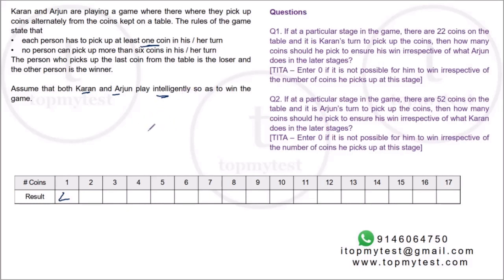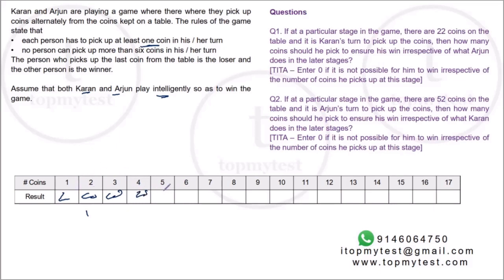Now let's see what happens if there are 2 coins on the table. I'm playing intelligently, so I'll pick one coin and put my opponent on 1. He will have the same tantrums that I was showing, but he will pick that coin and he will lose, which means I will win. What happens with 3? I can pick 1 or 2 coins, but if I'm intelligent, I'll pick 2 coins, because I want to put my opponent at 1. If my opponent is facing 1, I know he's going to lose. So, win. Similarly, with 4, I'll pick 3 coins, put him on 1.